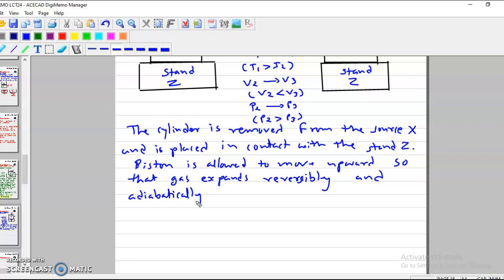Okay, so this way adiabatically there is no change in the heat, and that expansion is from V2 to V3